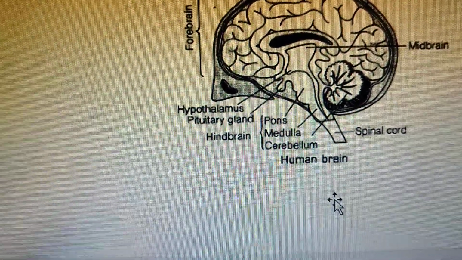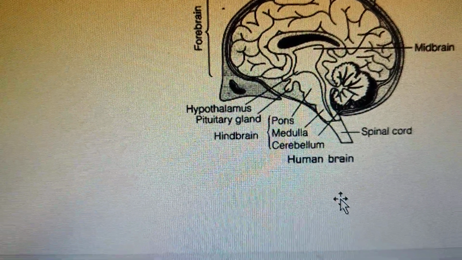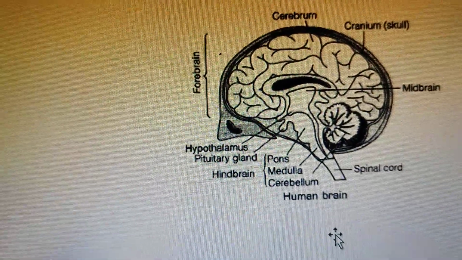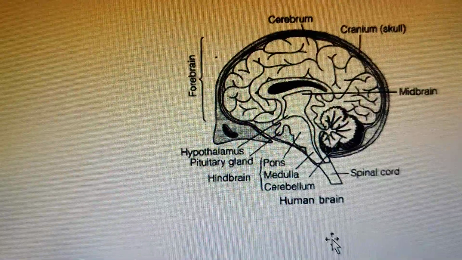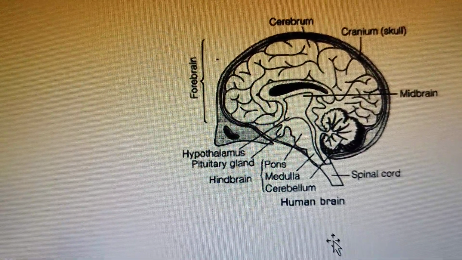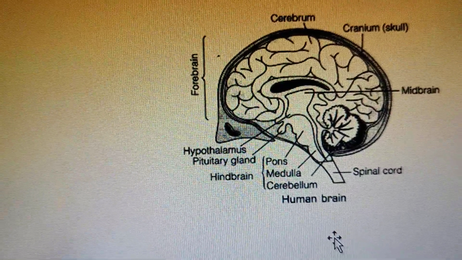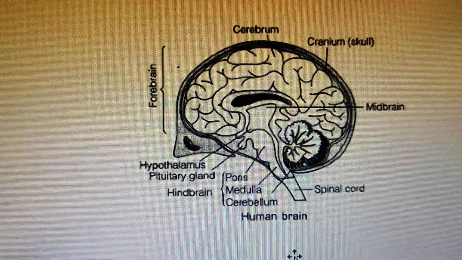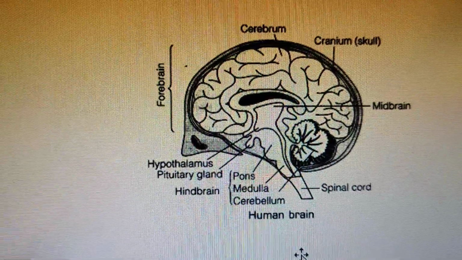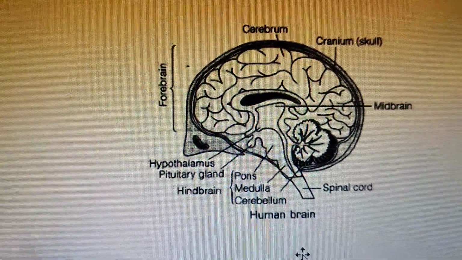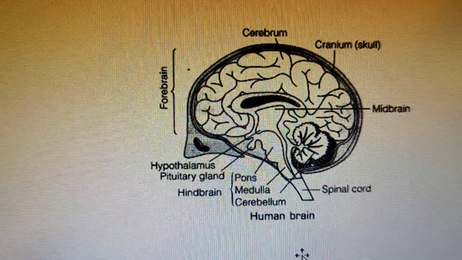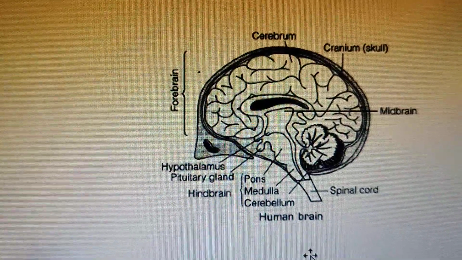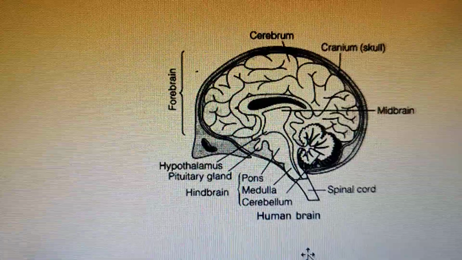Here in our hindbrain region the skull is not present, so it is a very sensitive area, and it also looks like a small brain. The pons is the joining between the forebrain and the hindbrain, and the medulla is a very important thing. Whenever you sneeze, you cannot control it. Whenever you vomit, you cannot control it. But it is under the control of the hindbrain, the medulla oblongata. So all types of involuntary functions are under the control of the medulla oblongata, which is part of the hindbrain.